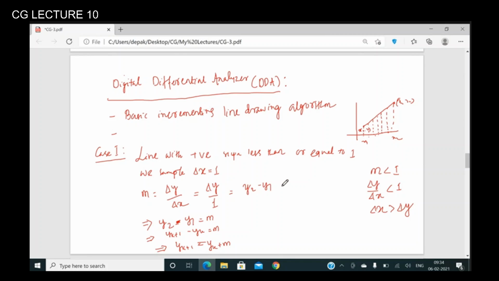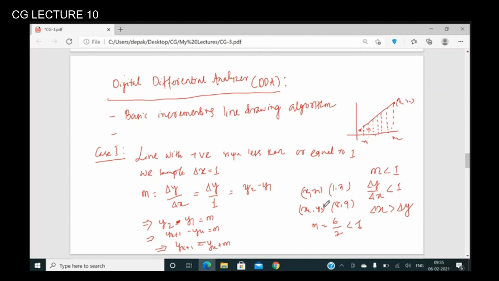Let us consider one case here, right? Let's say my x1, y1 value is 1, 3. We'll solve the same problem later on. And my x2, y2 value is, let's say, 8, 9. So what is m? The difference in y is 6, that is 9 minus 3, and the difference in x is 7, and here we are getting a value less than 1. The value is positive, and here it is less than 1. So that means what?